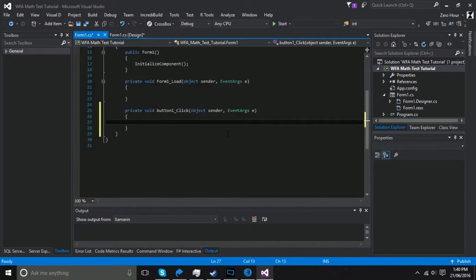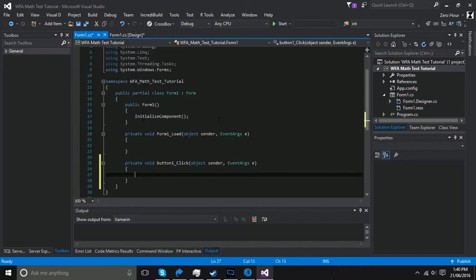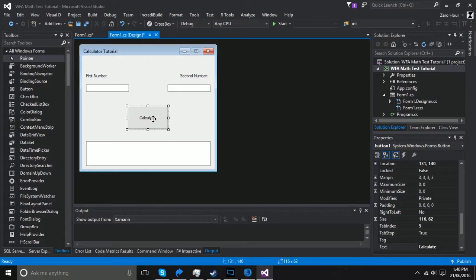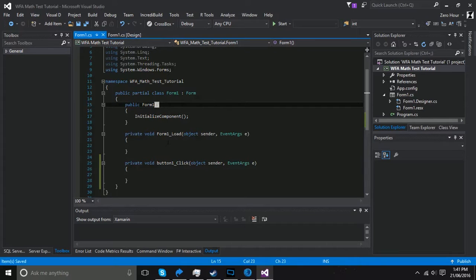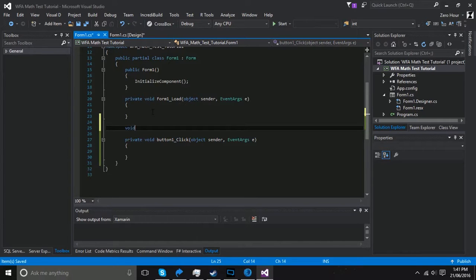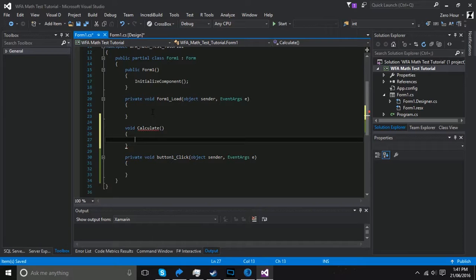So we'll click into that, and now whenever you click on the button, it's going to run our calculate method. We don't need to make a new method just to calculate it, but just for tutorial's sake, why not? So we'll say void calculate, and we're not going to give it any